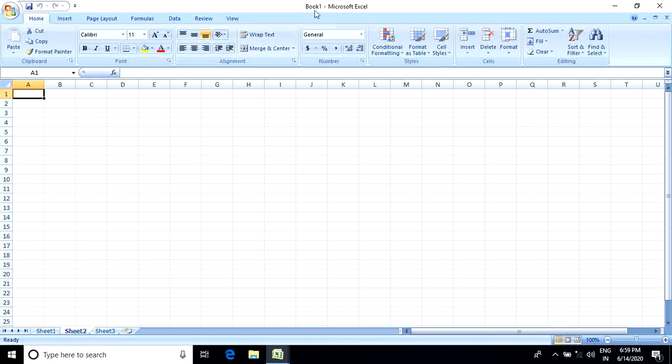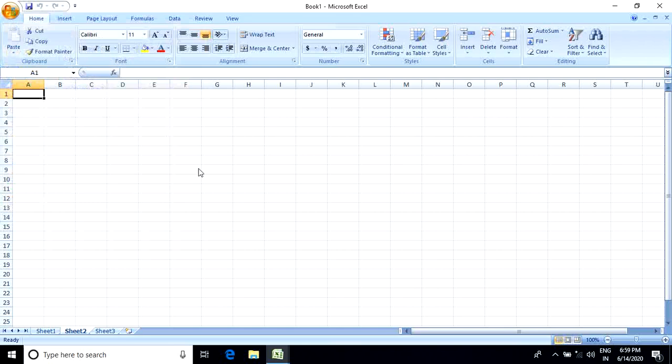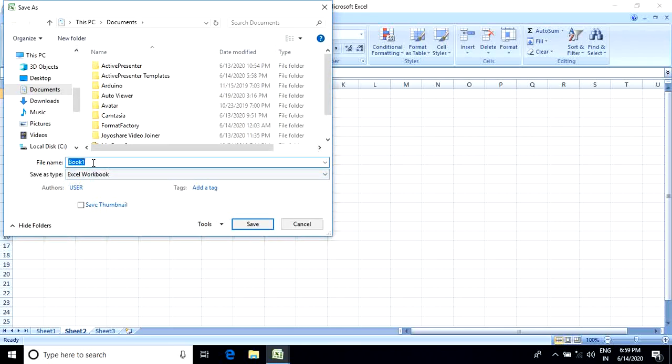Book 1 is the default name of a Microsoft Excel file. Whenever you save it, go to the save option and save it. By default the name will be Book 1, and this is called an Excel workbook.